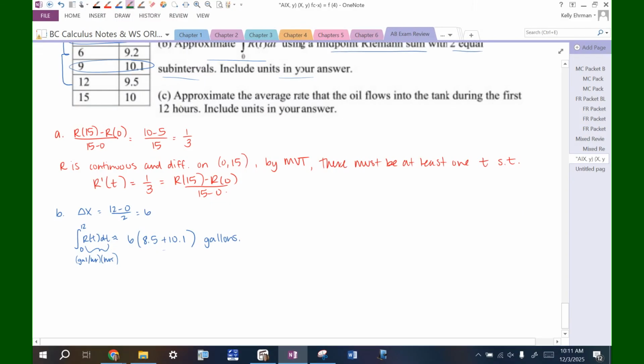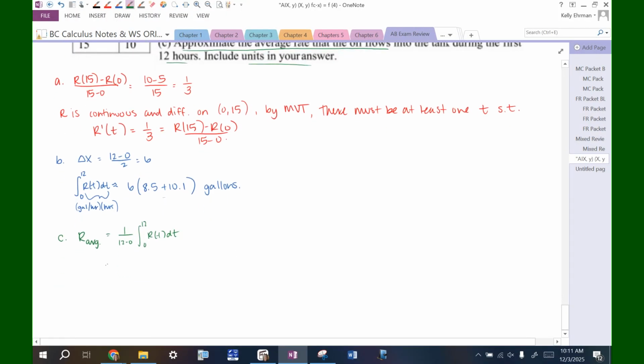Part C, approximate the average rate that the oil flows into the tank during the first 12 hours. Include units. Average rate is R average. It doesn't say average rate of change. It's just R is a rate. So find the average. That's 1 over 12 minus 0 times the integral 0 to 12 of R of t dt. And we're approximating it. So we just found this integral here. So we just need to divide it by 12. It's this answer